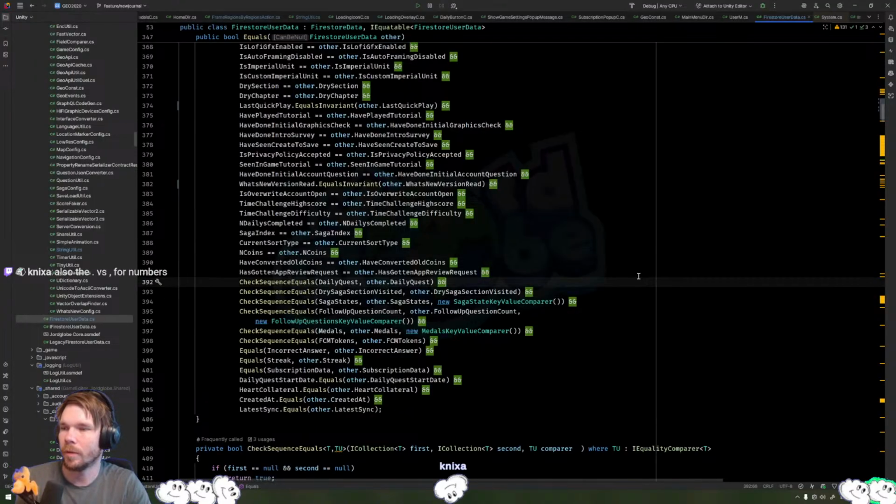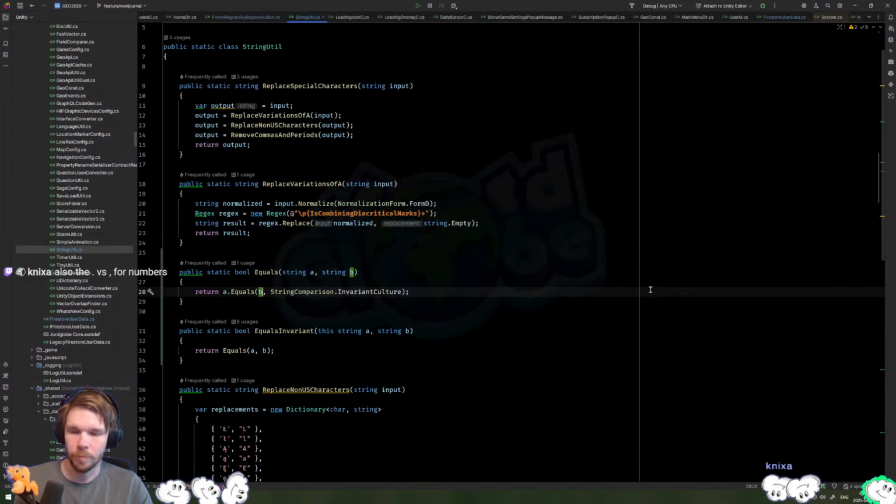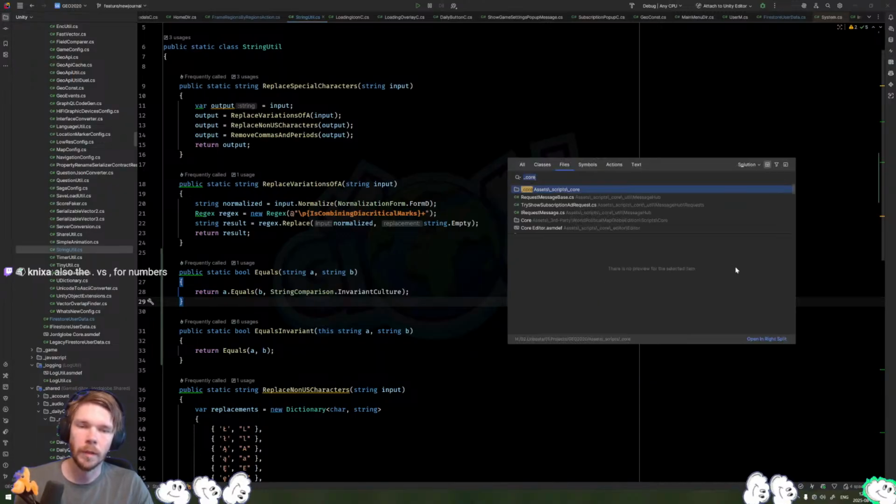Also the dot versus comma for number. Yeah, that one is also important. But like the one we have,